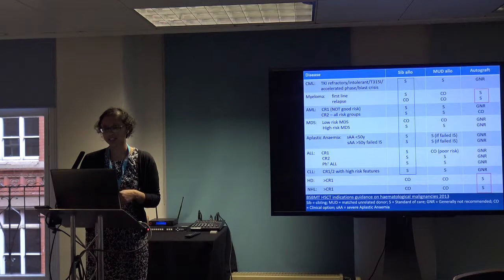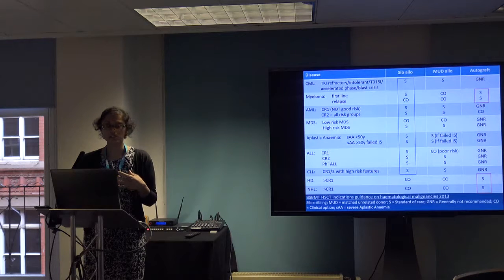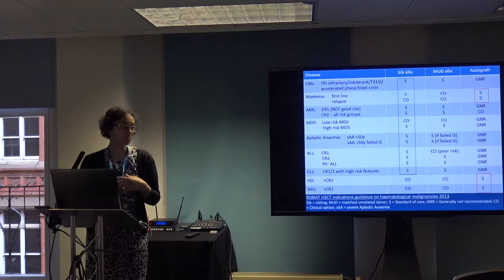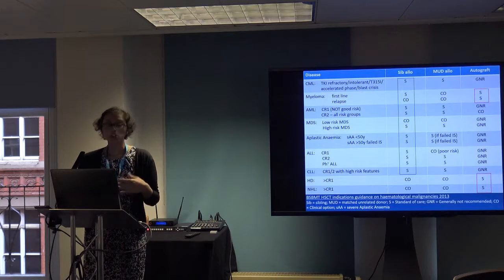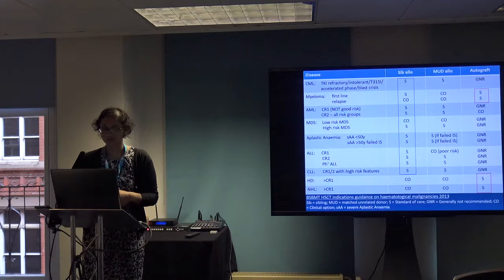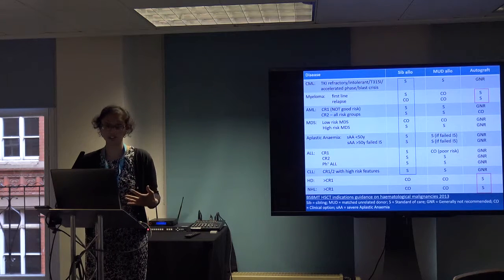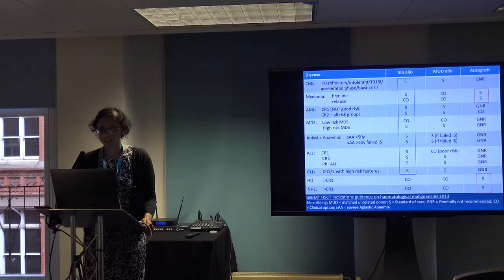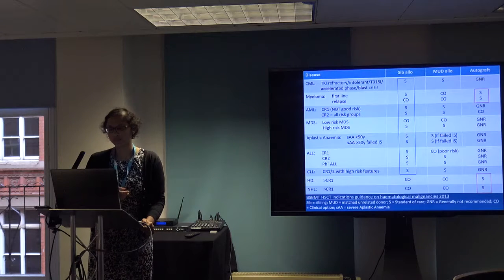And you can see that essentially there are two large indications for an autologous transplant. Myeloma, you would have an autologous transplant, and it's standard of care to do this as part of first-line treatment, and it can be done subsequently at relapse. And then secondly, in lymphoma, usually beyond the first remission. Again, because this is a high-risk procedure, and you only need to do this for those people who have more aggressive disease that's returned. Then, in terms of allogeneic stem cell transplant, there's a wide variety of indications, but again,